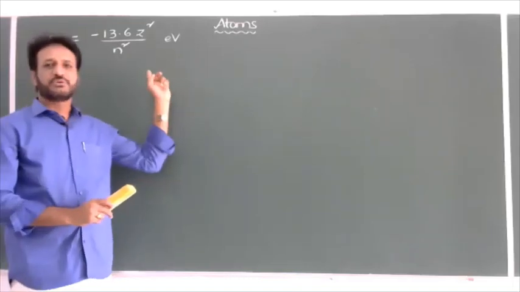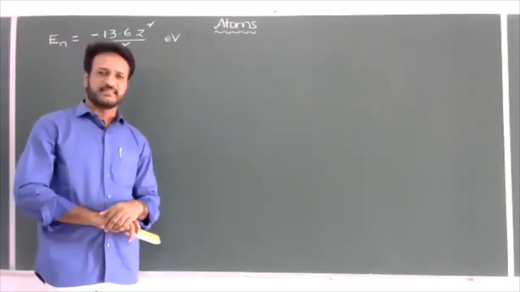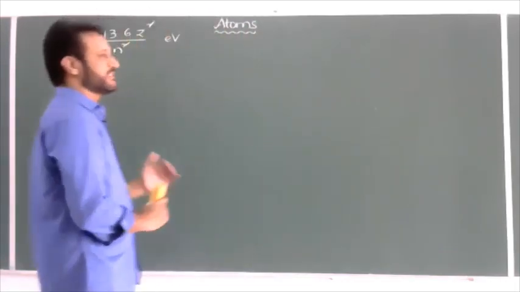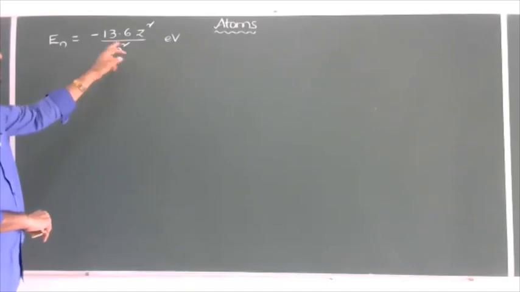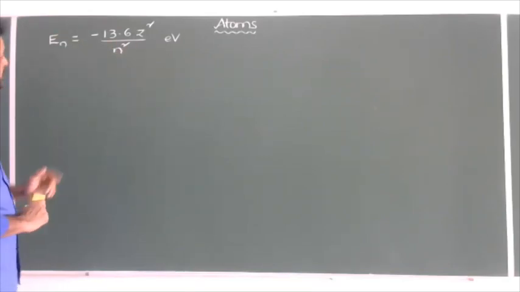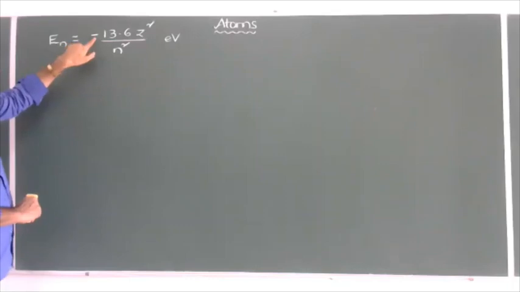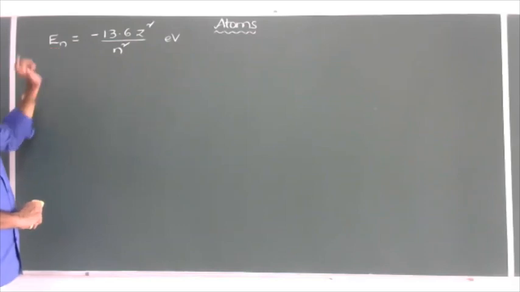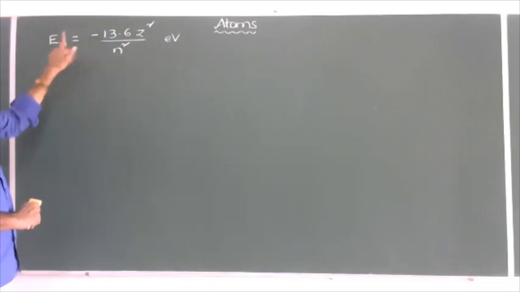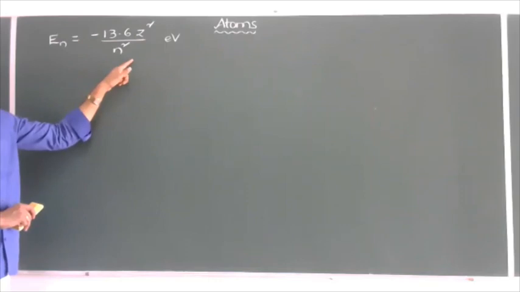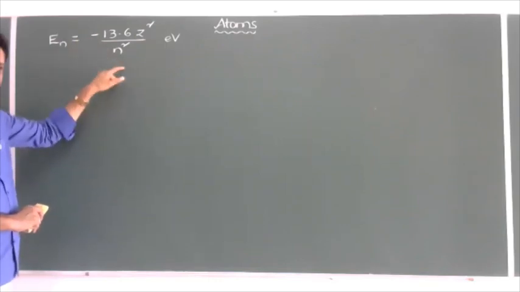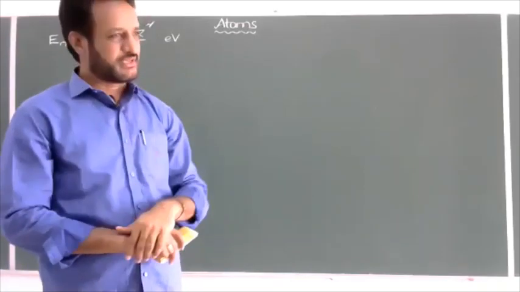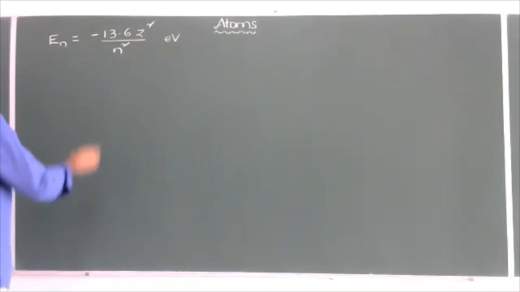Electron is always bound to the system. The negative sign always indicates the electron is bound to the nucleus. So some energy has to be supplied to remove the electron from the orbit. That concept we discussed. Because of the negative sign, what happens as the principal quantum number increases? If the negative sign were not there, E and n square would be inversely proportional. But because of the negative sign, as the n value increases, the energy of electron also increases. And I'll check in various orbits.